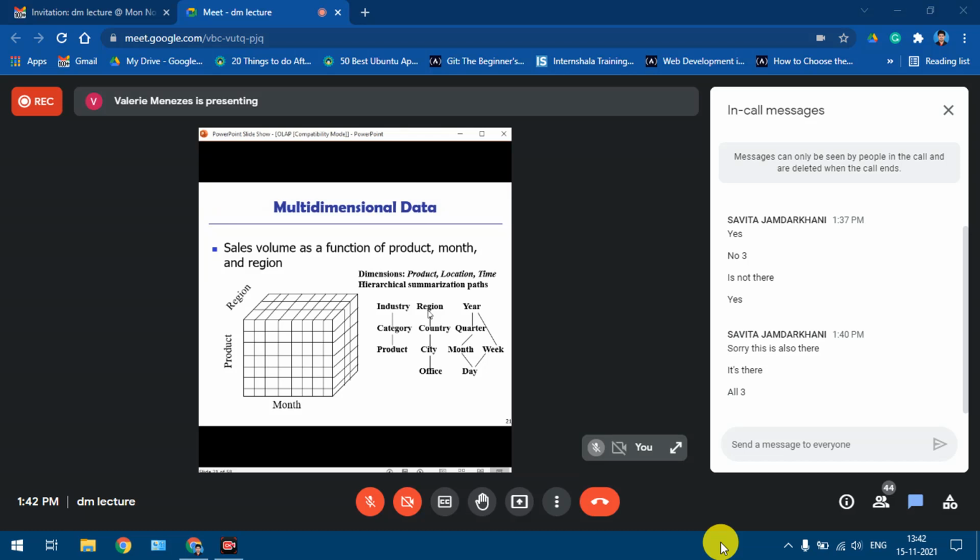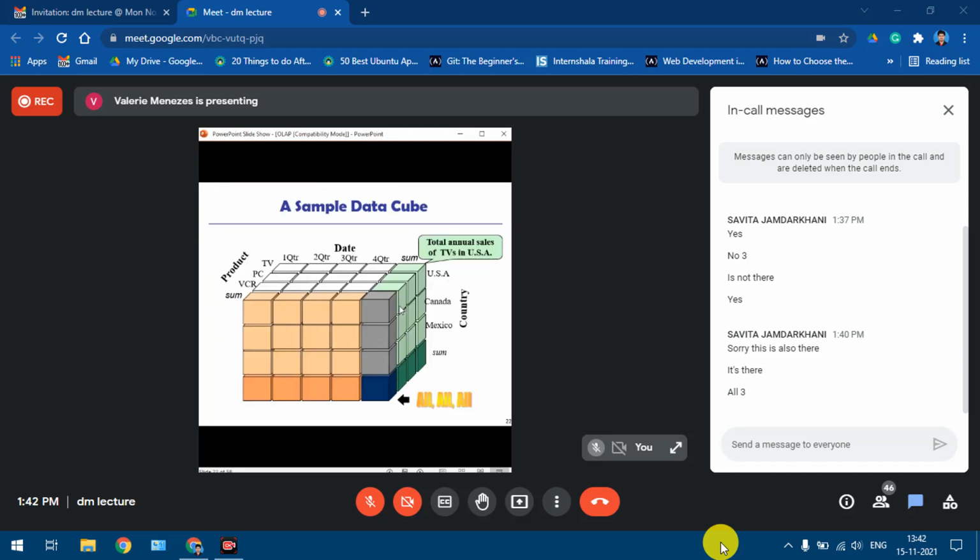Like the continents. Similarly for time, months have so many days. From days we can summarize in terms of months or in terms of weeks. From months we can summarize in terms of quarters of a year, and each quarter of the year can be summarized in terms of each year. So this is how the data can be summarized. It's an example of a cube.